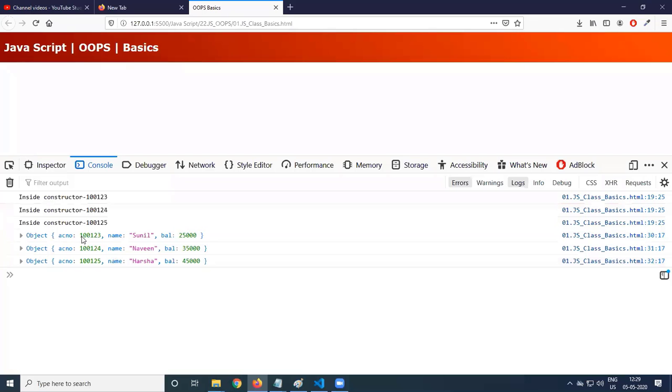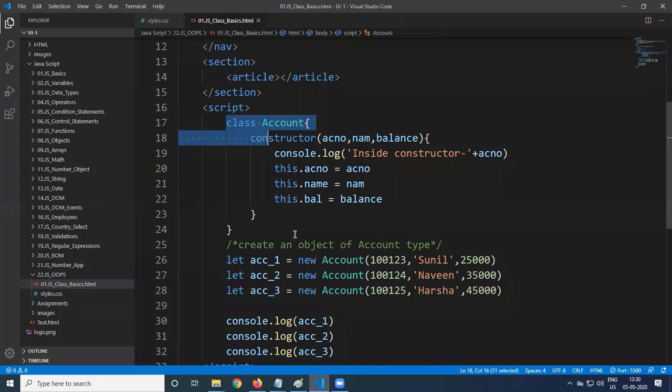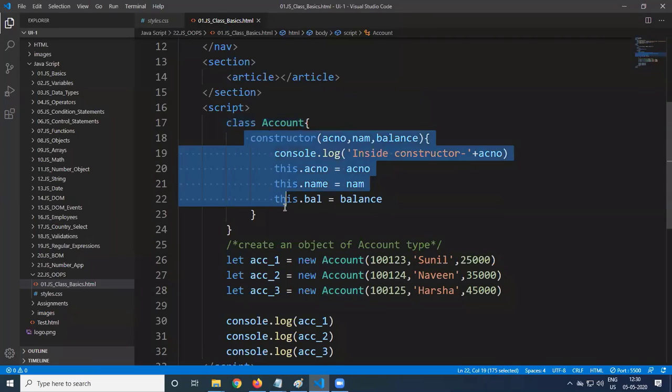So, local variable. So, we are having 3 objects. So, from this, how to create a class. One way to create a class is by using the keyword class followed by the class name. We will have a constructor. That constructor will get executed automatically whenever you are creating an object of a class. It is used to assign the properties to an object and also to assign the values to the object.